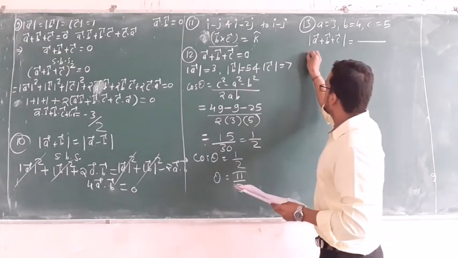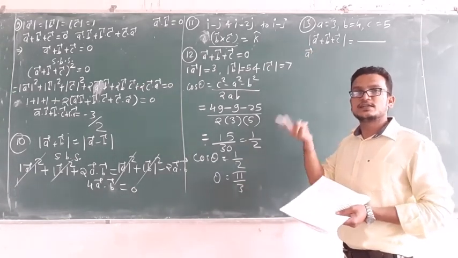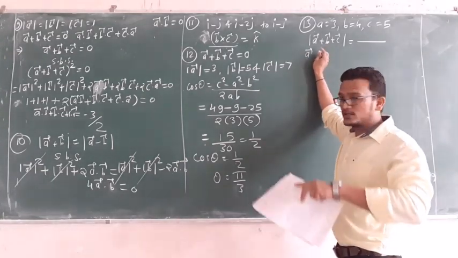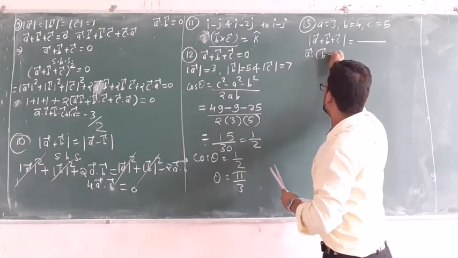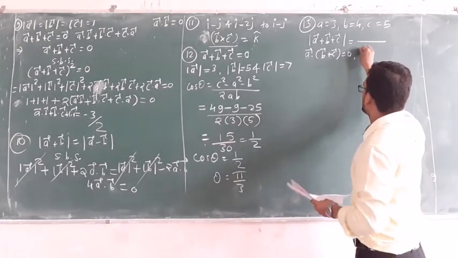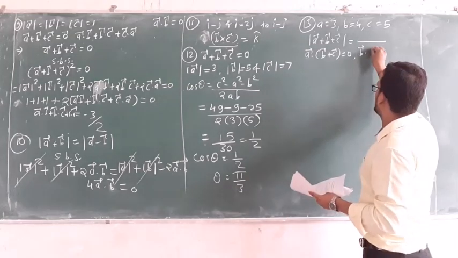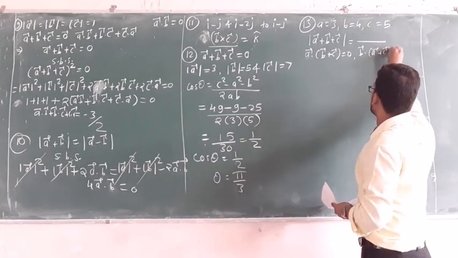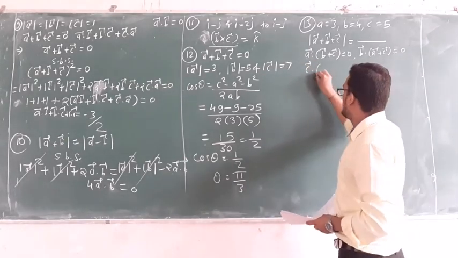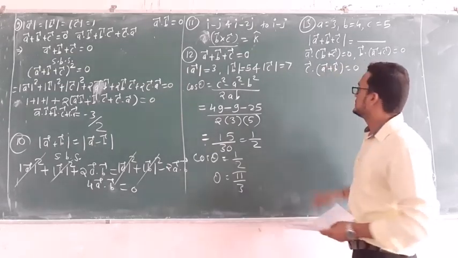Okay, means what? Suppose if I choose A as the vector, then which are left? Two vectors are left, B and C. So this vector will be perpendicular to the sum of the others. Means A dot B plus C will be 0, because these are perpendicular. Now if I choose B as the vector, then which are left? A and C. Therefore it will be B dot A plus C is equal to 0. If I choose vector C, then what are we left with? That is A plus B, so C dot A plus B is equal to 0.